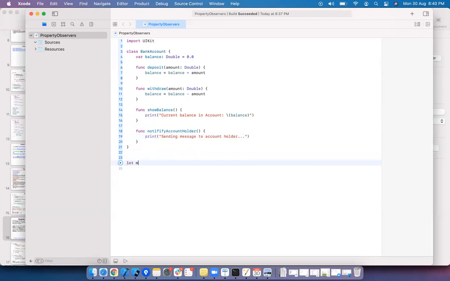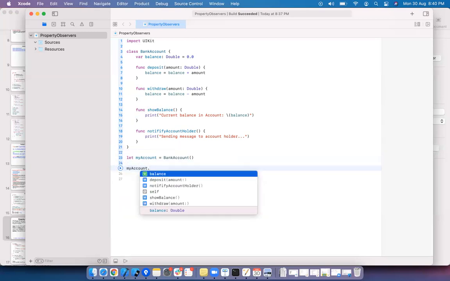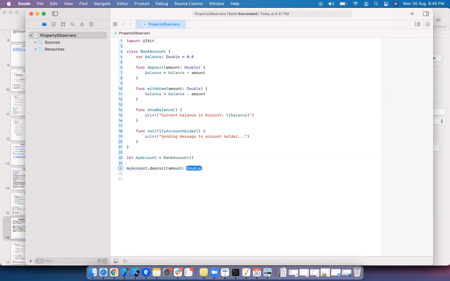Let me create my account equal to bank account. It is the initializer. And I want to set bank account dot deposit. I want to deposit some amount. It is 100 rupees.